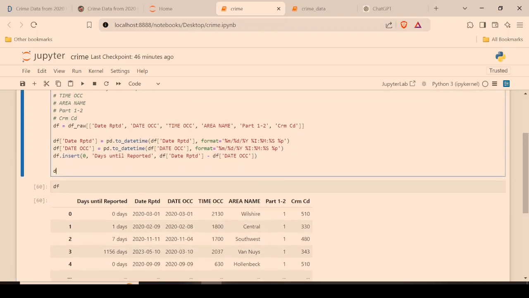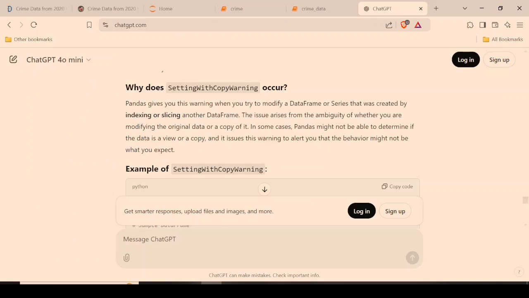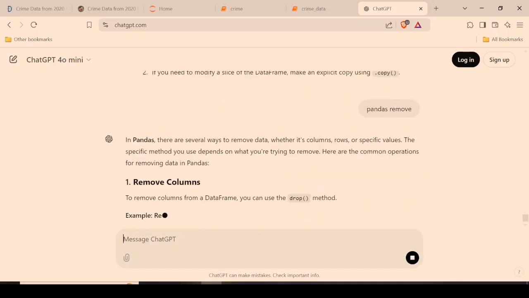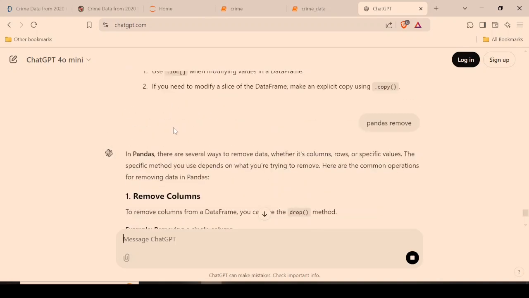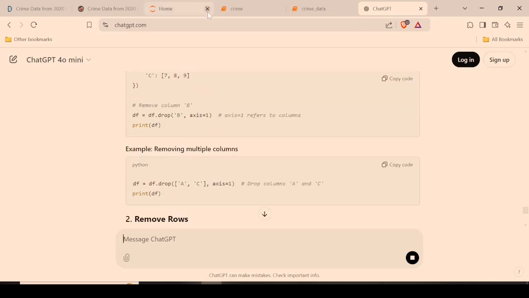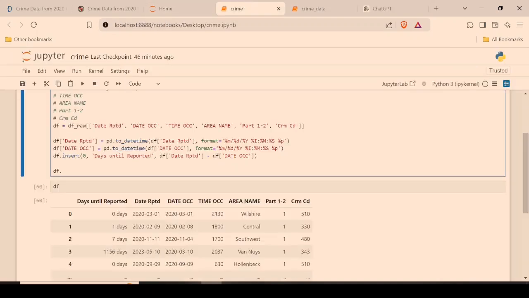And I believe we can do that with the pop function or remove. Let's ask ChatGPT. Pandas remove. That's not going to come up. Oh yeah, it does. How does it know exactly what I want to do? Oh, drop. Yeah, drop. I remember this. Right. So if we